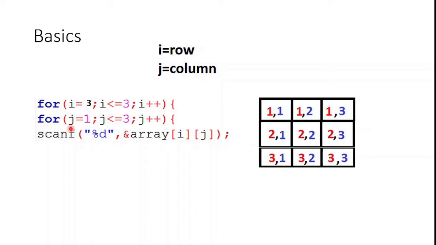And the nested for loop, the J equals 1 and this condition is true. So scanf will take an element as input and it will send it to this cell, like third row, first column, I3, J1, which is this one, 3, 1. And then again scanf, because of this J++, it will be J equal to 2, 2 equal or less than 3. So this condition is true and it will store the elements in this way again and again.